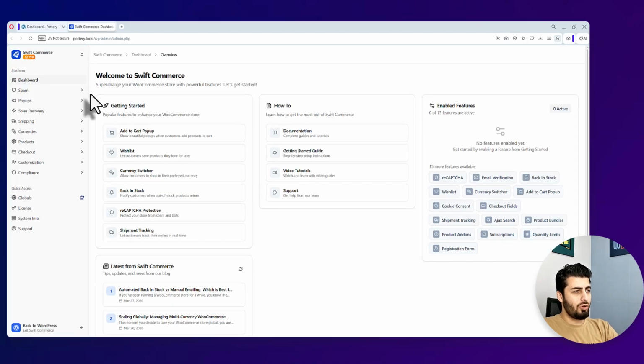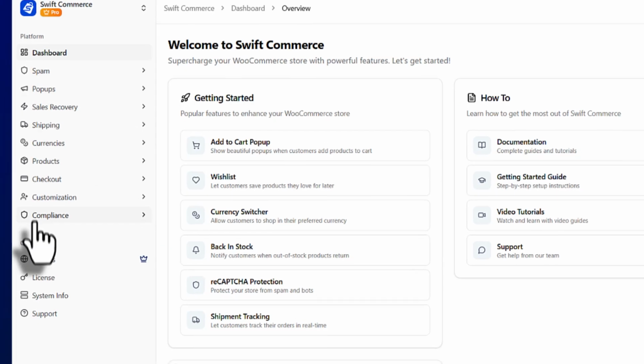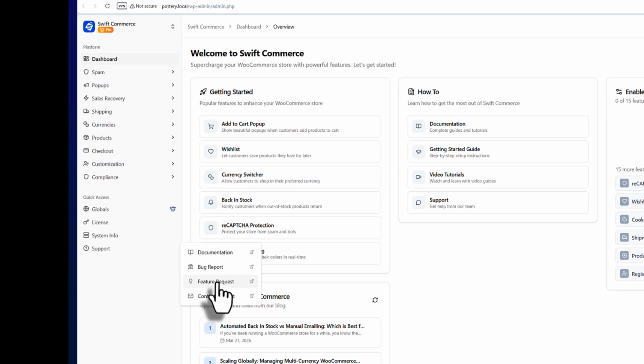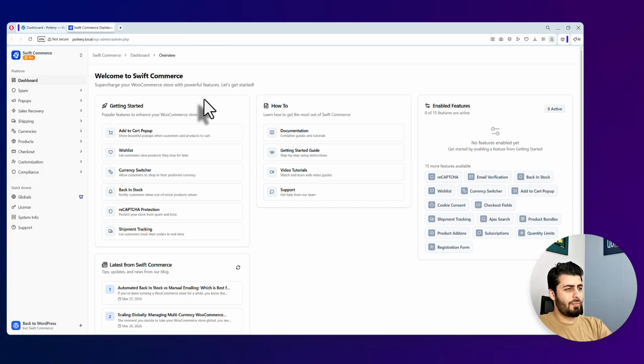On the left sidebar, you can see all of the features are grouped into their own categorized sections, and below that you'll have a quick access panel. The quick access panel is going to give you access to the globals, license, system info and support. And the support further has its own links where you can access documentation, bug report or anything else. On the right side you can see the main dashboard area where you have multiple sections